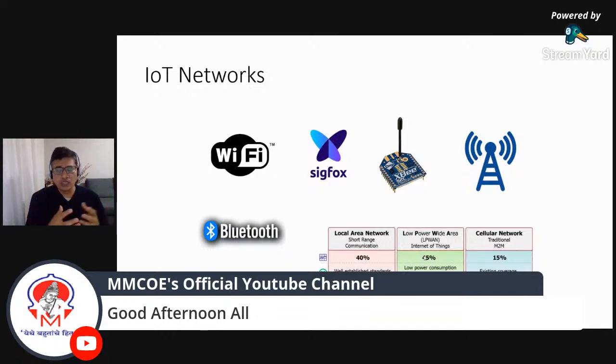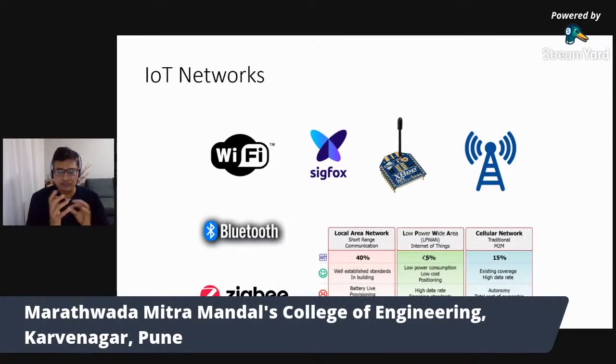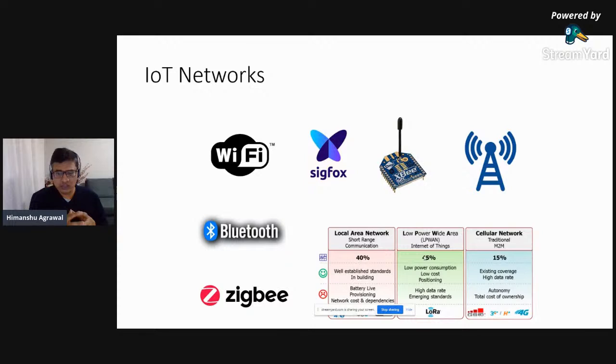For example, if you take a case of environment monitoring, pollution monitoring, right? So you need to deploy thousands of sensors across some geographical area which you want to study and do this environment monitoring. So to reduce the overall cost of this project, definitely if you have a sensor module which can cover a longer range, you can deploy fewer modules, and the overall cost of the project can be minimized to a great extent, right? So yes, these protocols are basically emerging.